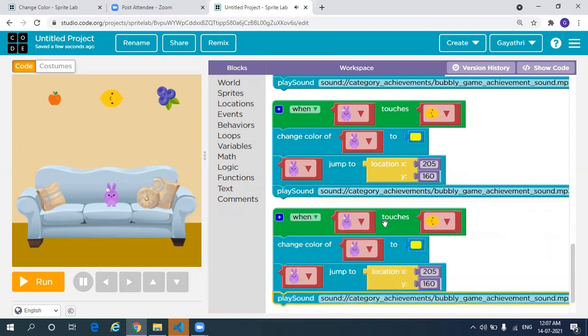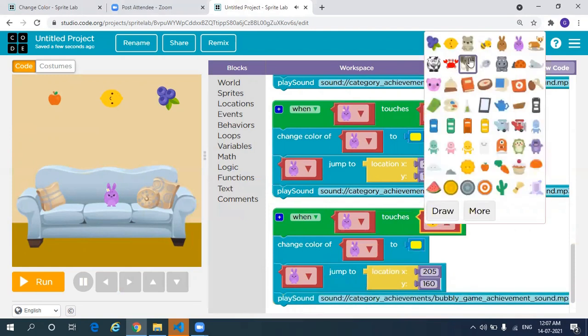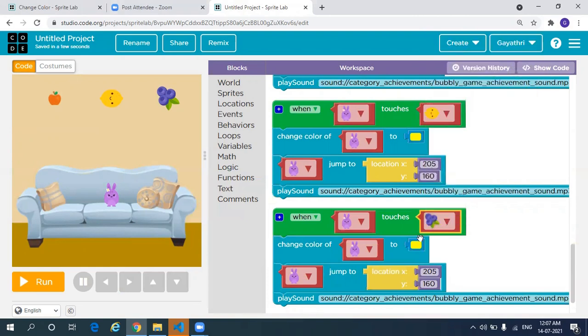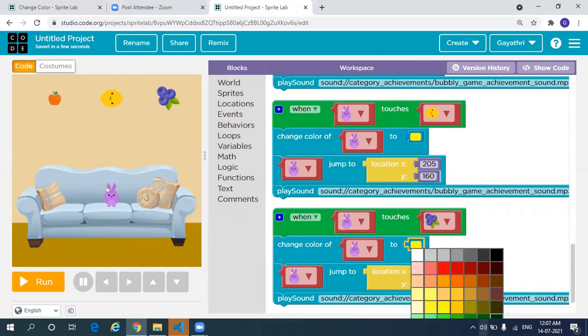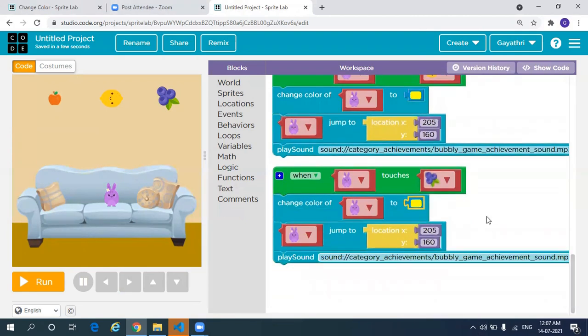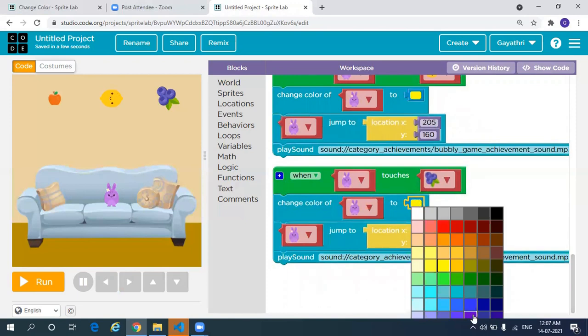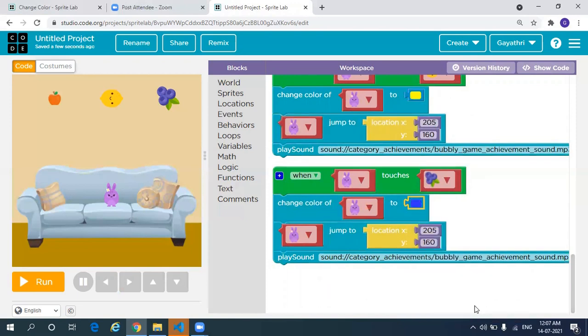Okay, this time when it touches grapes, change color to purple. Then the location will be, here it is something like 320, right? So we'll make it 320. Okay.